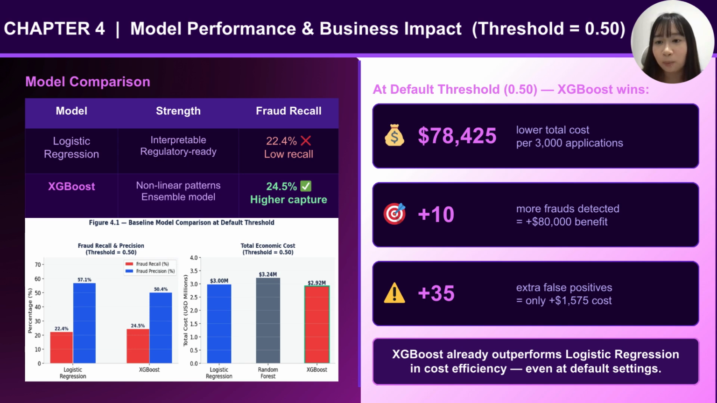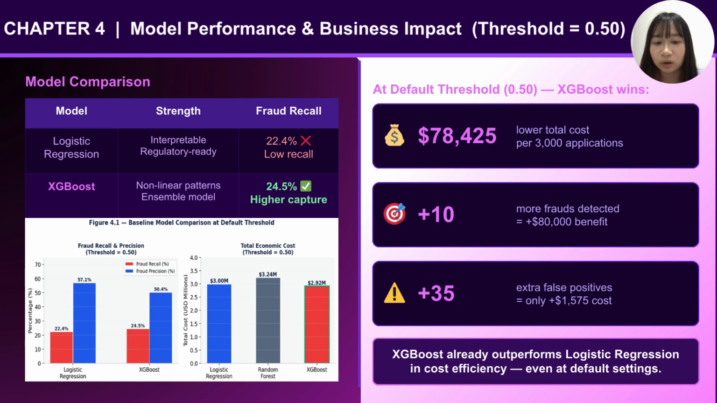First, we test both models at the standard setting, threshold 0.5. At this setting, logistic regression only catches 22% of fraud. XGBoost did a bit better at 24.5%. The same threshold, same data, but it catches more than 10 more frauds. That is 80,000 saved. The downside is 35 more false alarms, but that only costs 1,000 plus to review. So the bank is 78,000 better off by